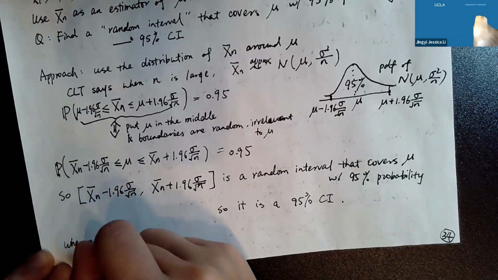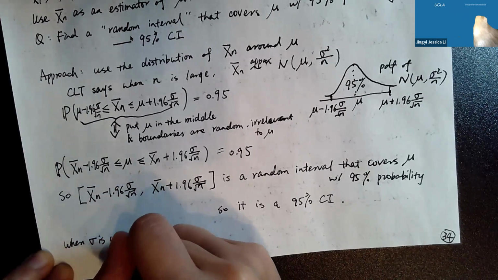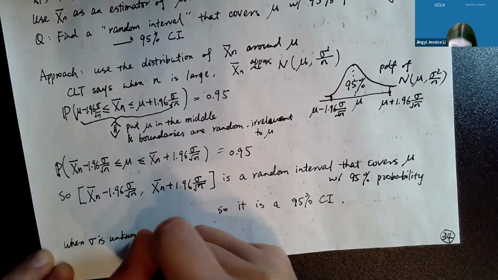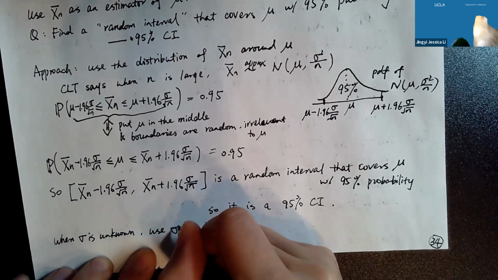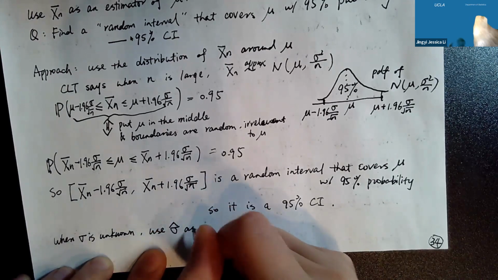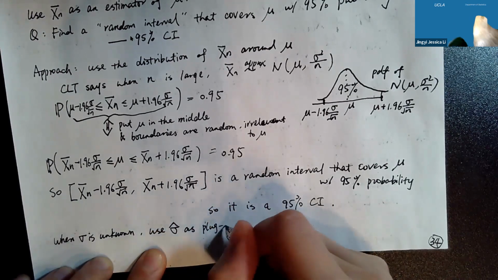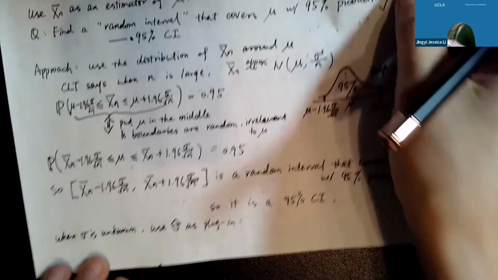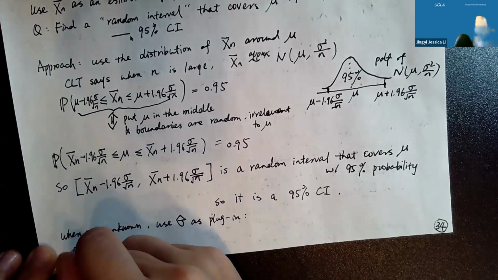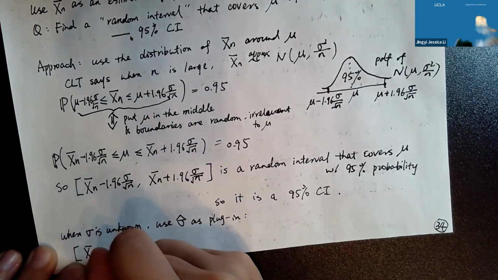When sigma is unknown, use sigma hat as plug-in. So this is an estimator of sigma. So then the confidence interval would become